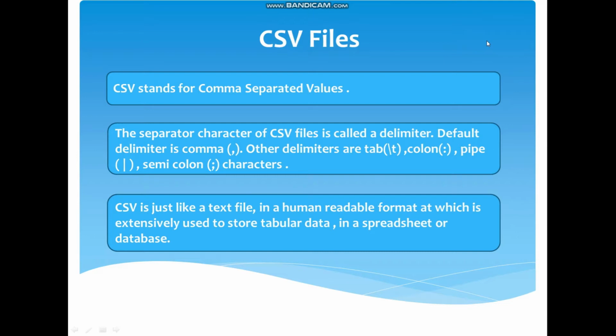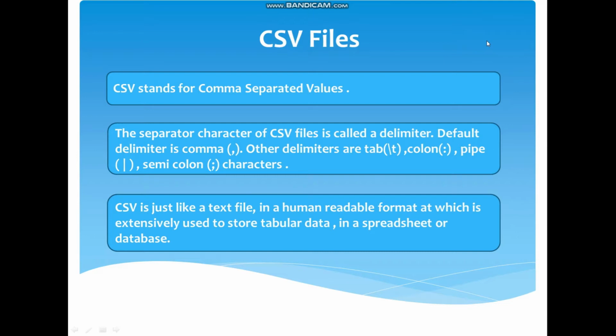First is the text file that we have done, and the binary file also. Now the third one is CSV. CSV files are similar to text files. The only difference is that in a CSV file, if you want, you can store your data in tabular format, that means in rows and columns format, and the data will be separated by commas by default. So CSV stands for comma separated values file.